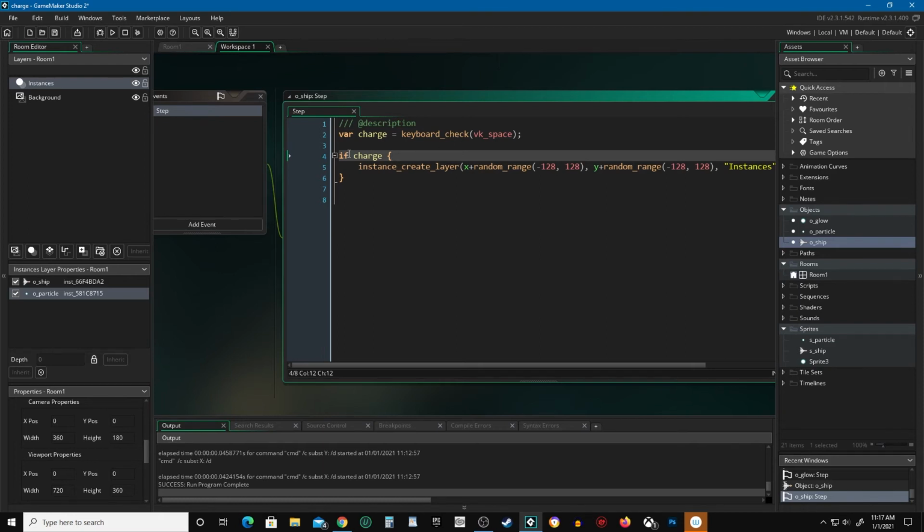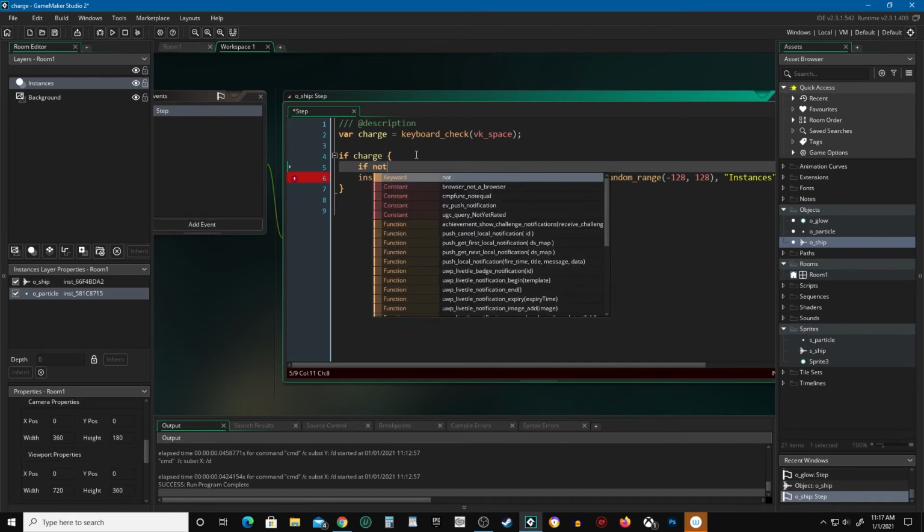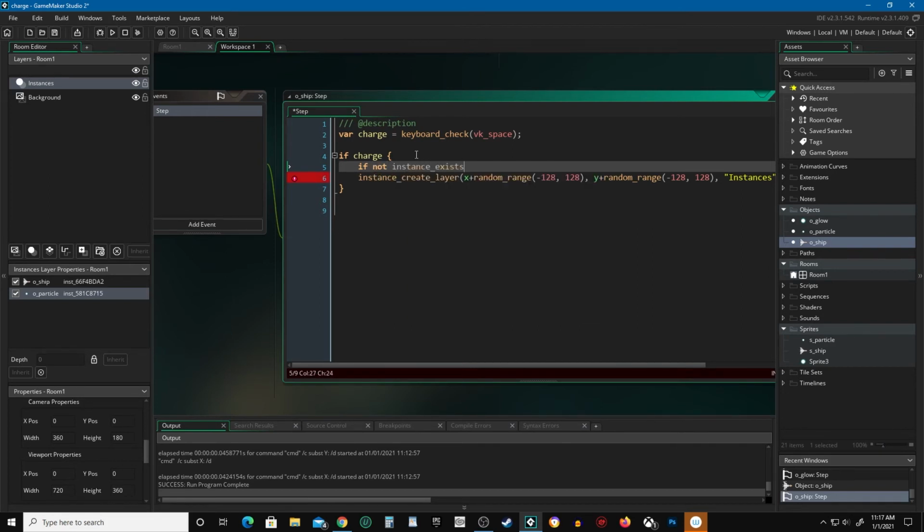Or if you need something to happen within here, you can say, if it does not exist, go ahead and create one. So there's two ways we could go about this. If not, spelling out the word not and putting an exclamation mark before something both mean the same thing. Just for the sake of clarity, I'm going to say if not instance exists, so glow